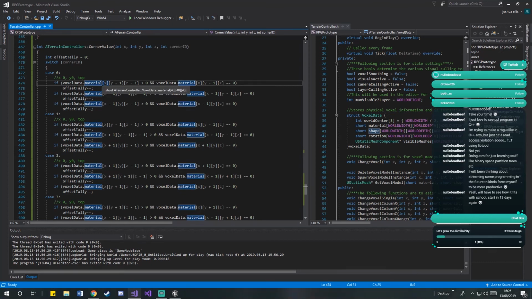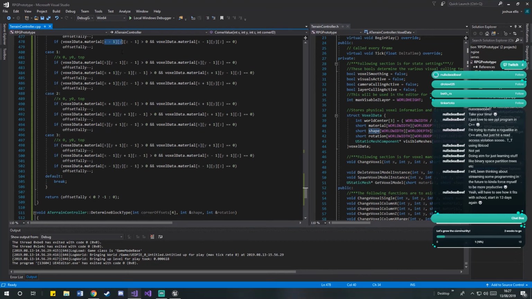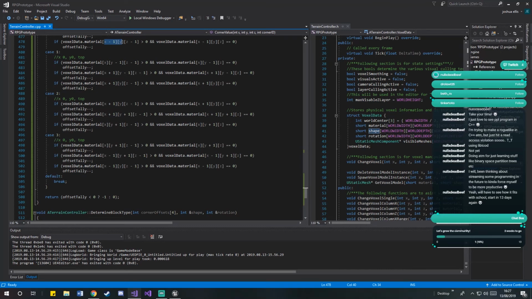So, bottom left position. We want to check the left down. Yeah, that's fine. Then we want to check the diagonal and down. Yeah, that's fine. Then we want to change the bottom and down. Well, I mean, these two lines should be reversed, but it doesn't matter. It works anyway. Then for the bottom right, we want to check the